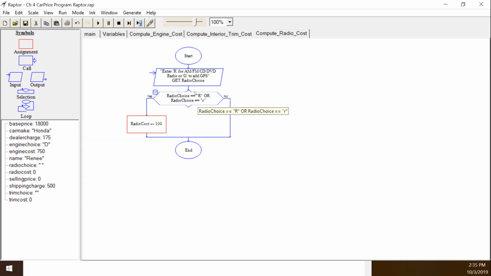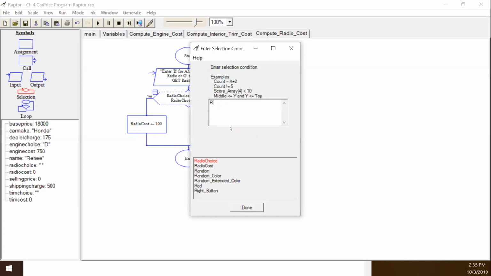Okay, so here we are. We have our radio choice of R. If they choose R, it's $100. So now we need another selection. And this one is going to be for G. So if the radio choice equals G or lowercase g,